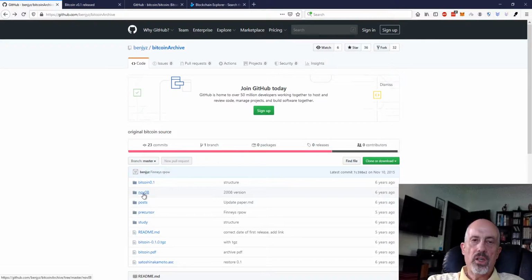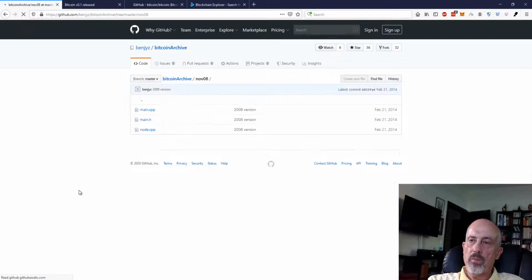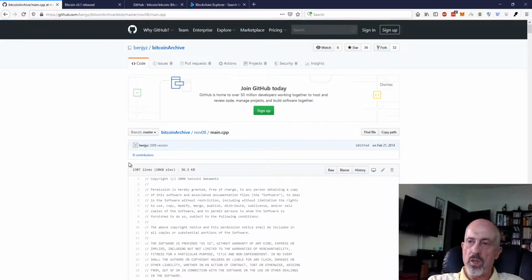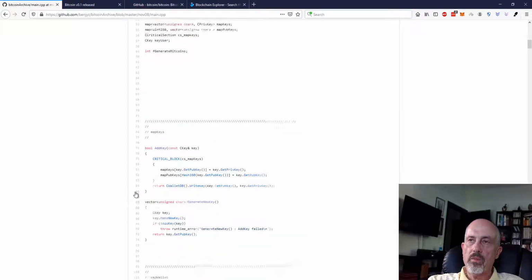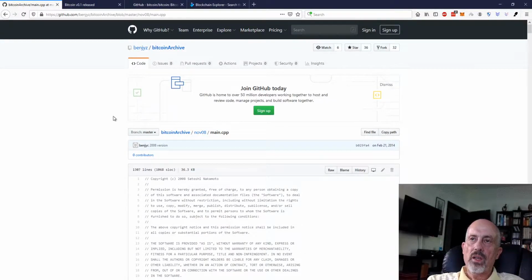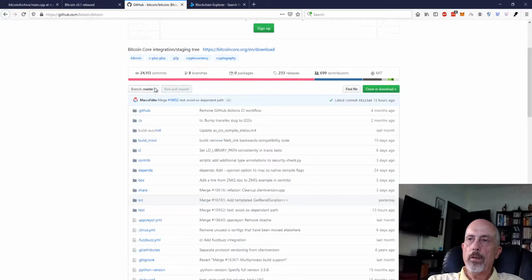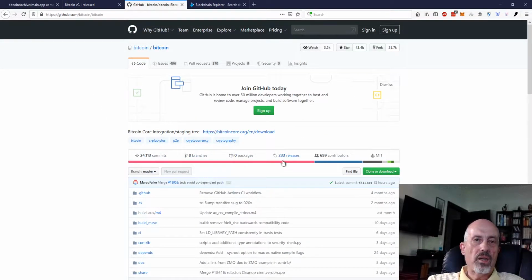This is the first repository that Satoshi coded himself, November 2008, only 3 files. So you've got the main.cpp. CPP stands for C++. So this is the code that Satoshi programmed himself. Now, as I mentioned, these days it is a little bit more complex: thousands of files, documentation, and the reason is that it's in itself a very complex system that has to be secured by all means. So we've got 700 contributors since the early days and over 24,000 changes,